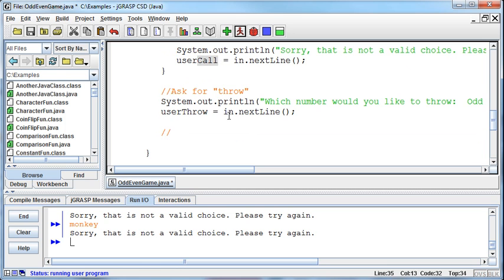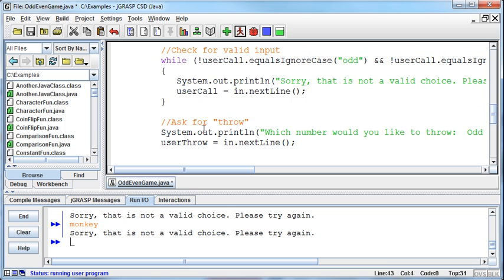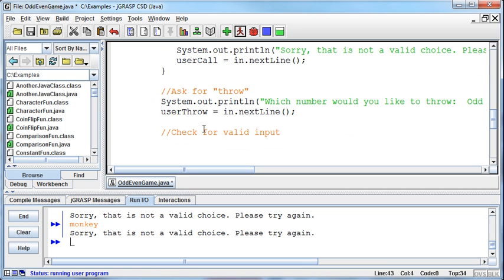So in my mind, again, we're going to check for valid input. And actually, truthfully, I'm doing the exact same thing twice. That tells me this should be in a method somewhere, and I should be calling that method. So maybe we'll address that later on in the program. But for now, I'm going to try and keep it kind of simple. So it's going to be the same thing, though. So while